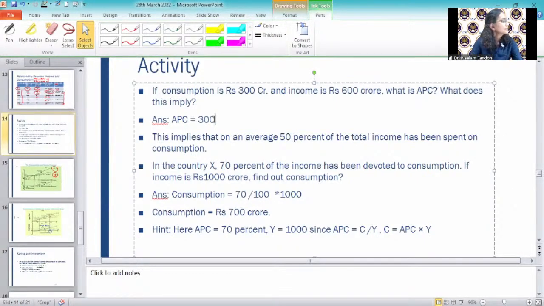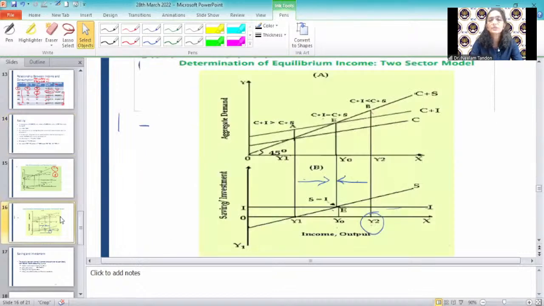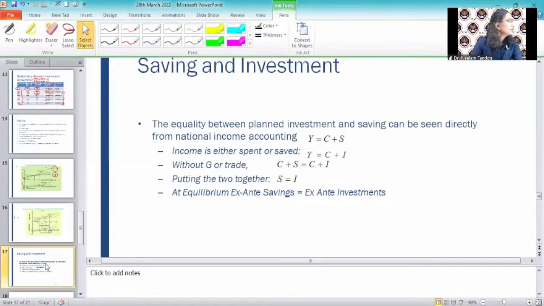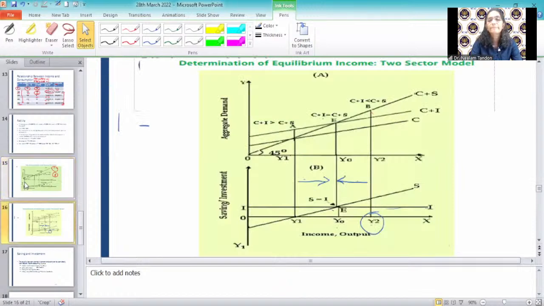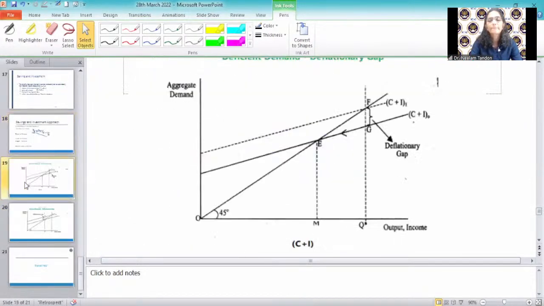Then Harsh is asking about F1, F0. I'll do it and then we'll share about inflationary and deflationary gaps. Which one are you talking about, F1, Y1, Y0, this one? I don't know, Harsh, you can tell me later which graph you're talking about. Okay, so now we are sharing